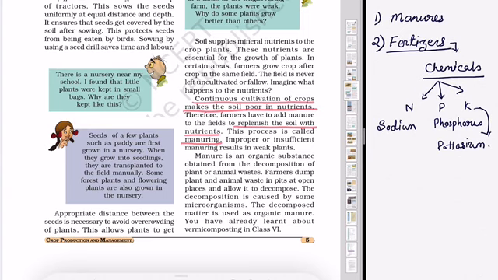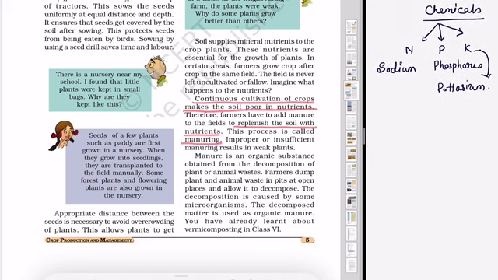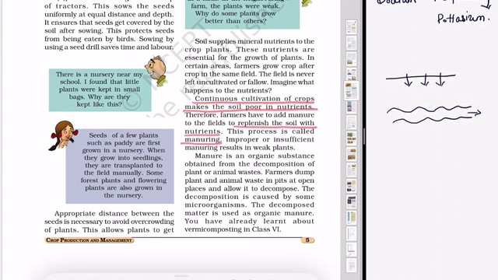But there is a drawback of fertilizers. That is, after adding the same fertilizers for a long time, the soil becomes infertile because there is an excess of those chemicals in the field. So the plants do not get other minerals that are also needed by them. Then one more thing is that these fertilizers can leach into the soil and reach the water level below the soil, and they can reach the water bodies and make them poisonous for the animals that live in the water. So manures are better.